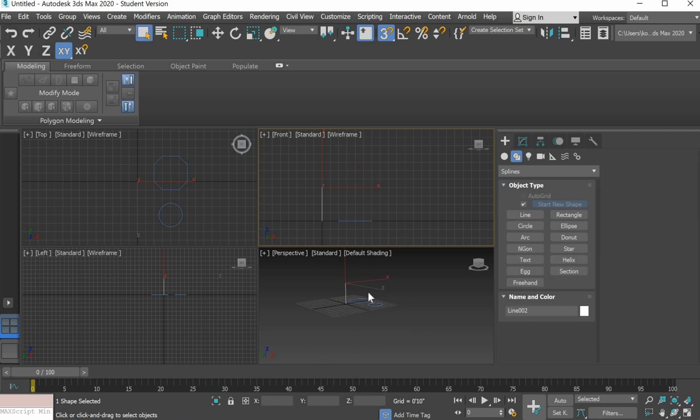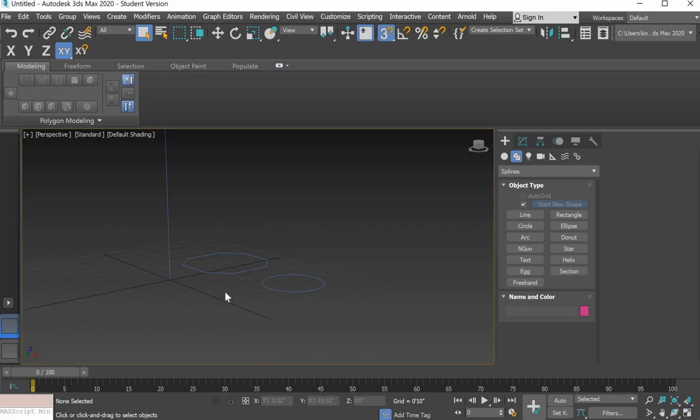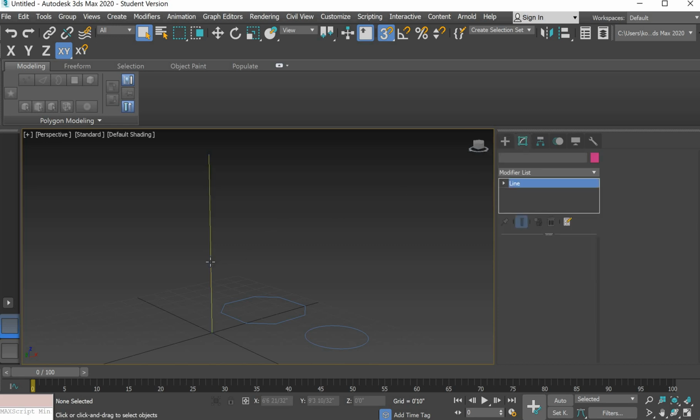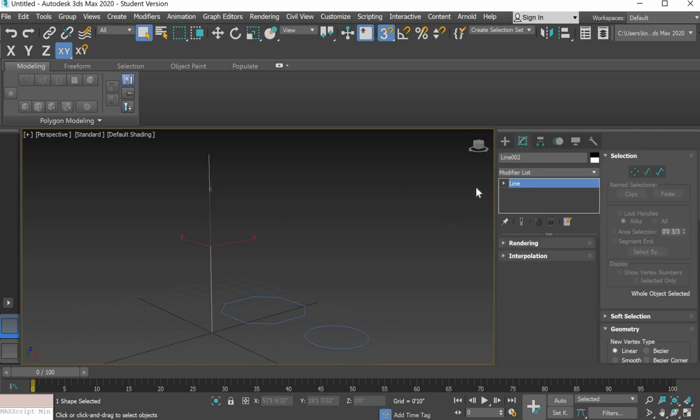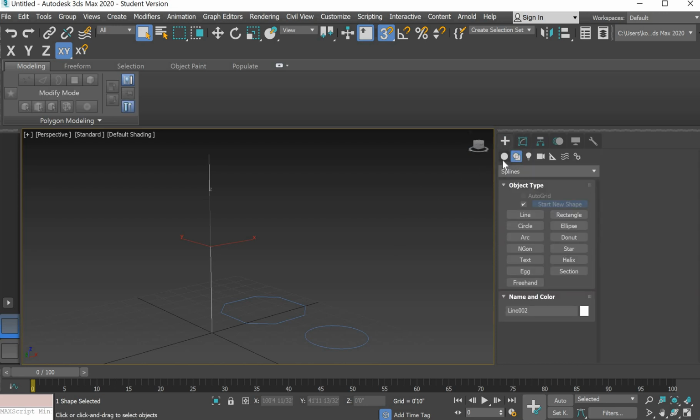Okay. So then go ahead and go to your perspective view. You can even maximize that view by pressing this maximize viewport toggle. Okay, so once we're here, go ahead and go to your modify icon and select this line. You can edit its length right now, but if you're happy with it, go back to your create panel,